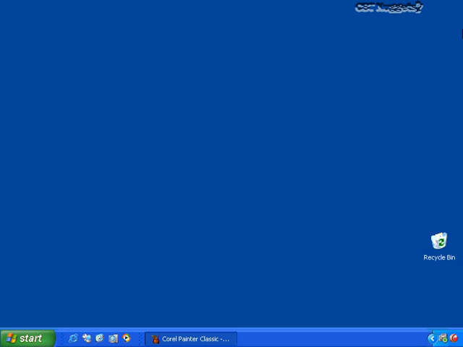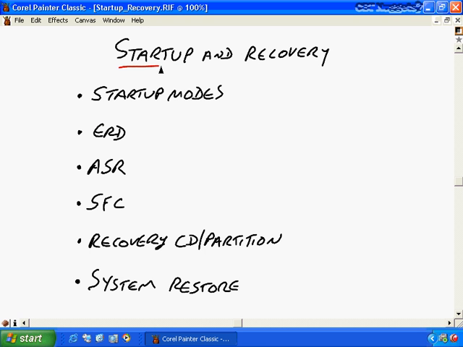Startup and recovery. In this nugget, we'll be talking about startup and recovery, where we'll start off by talking about the various startup modes, usually some version of a safe mode, and we'll also talk about the emergency repair disk, which has been available for Windows 2000. We have a similar yet evolved kind of method with the ERD in current versions of the operating system